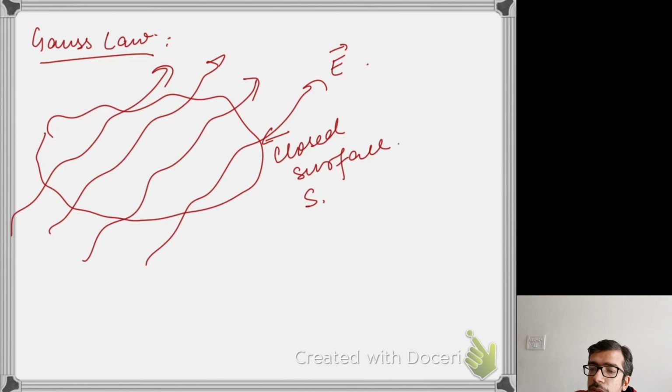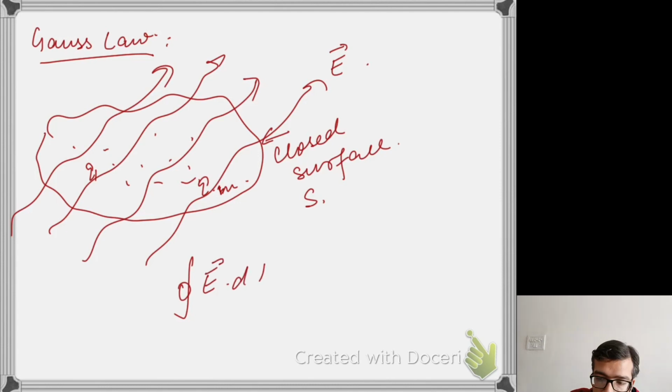Let us say this surface has some charges inside it, q1, q2, up to qm. Then if you take the surface integral of E dot dA over the surface S, what you will get is Q enclosed over